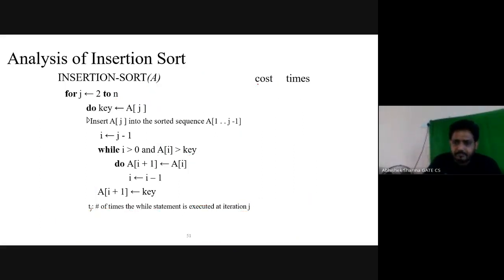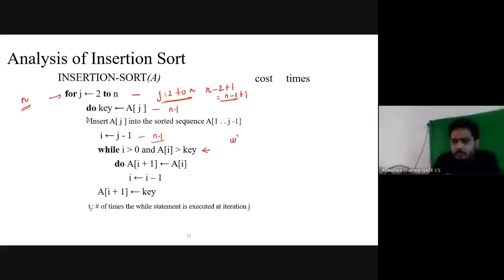Okay, now understand. This outer loop is going to run from j is equal to 2 to n, which we have calculated as upper bound minus lower bound plus 1, which is n minus 1 times, and one last time it will run when it is false. So this for loop is going to run n times, whereas all the other statements like this assignment are going to run only n minus 1 times. Let's keep the thing simple.